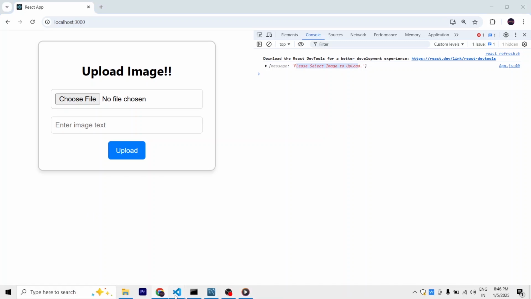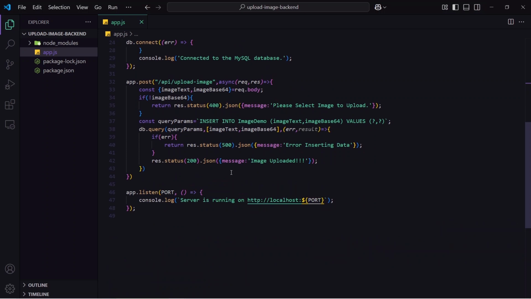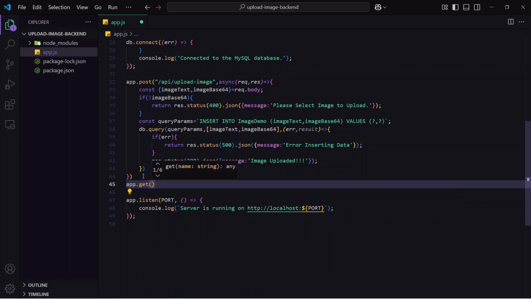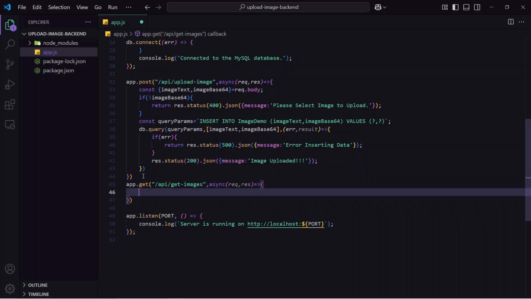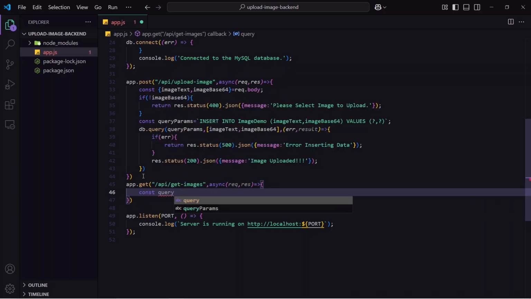So I will go to my backend code, and I will close this server. I will create another API, which will be app.get API get images. This will also be an async request, and you might know that to get the data from the MySQL database, we have to run a select query. So I will write const query, and it will be select images from image demo.